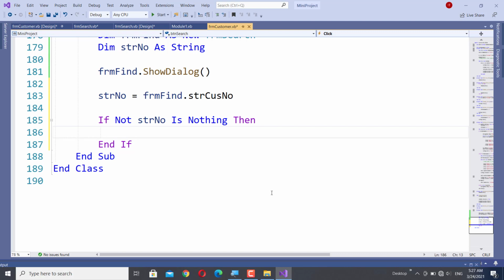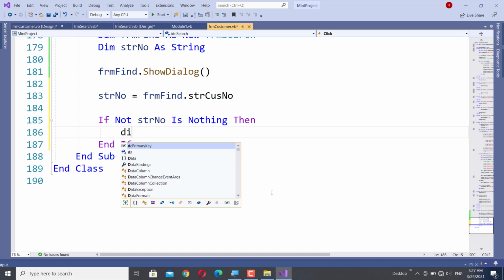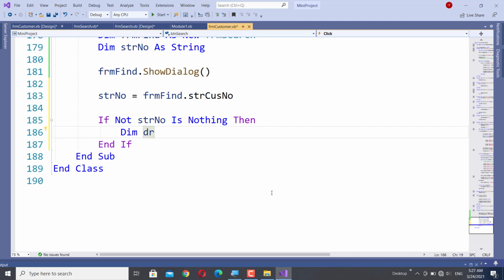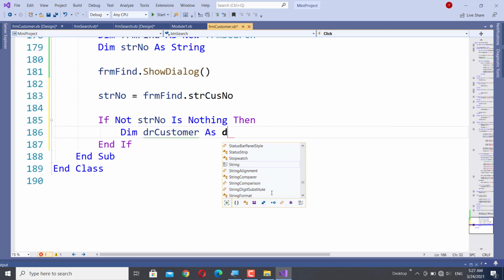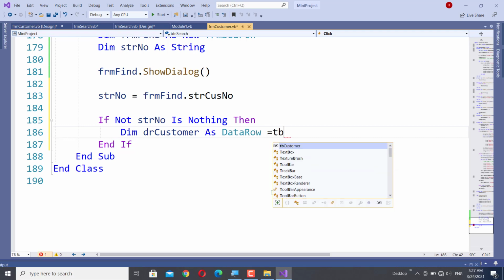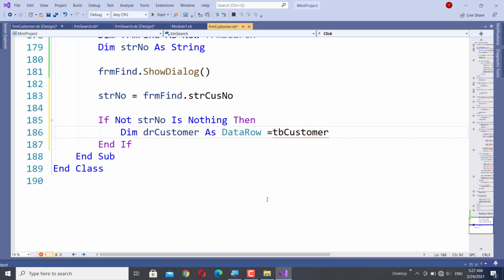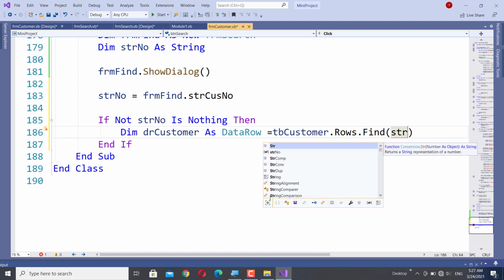If the str cusNo is empty, then strNo is also empty. We should check first for this emptiness. If strNo is not empty, then a data row dr customer should be created, and it should be assigned with